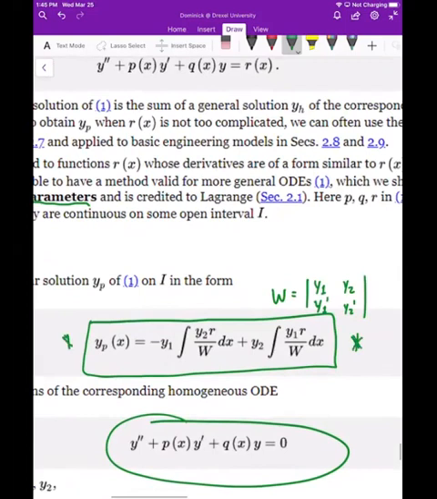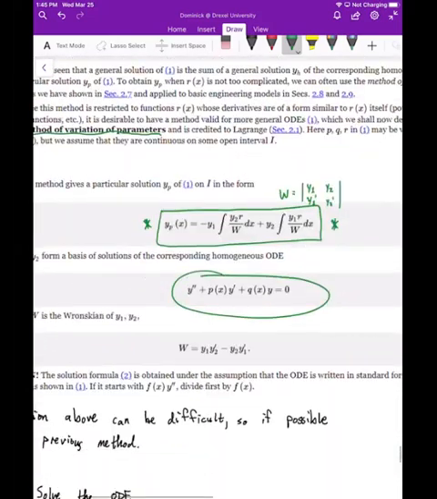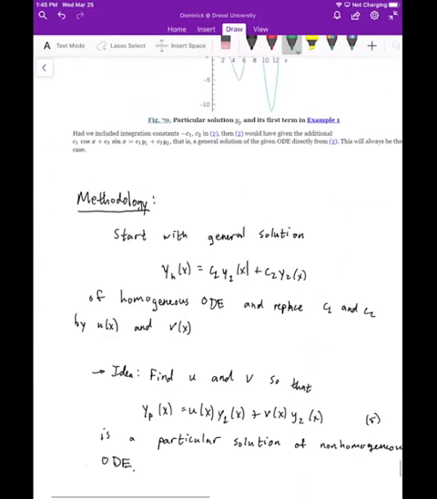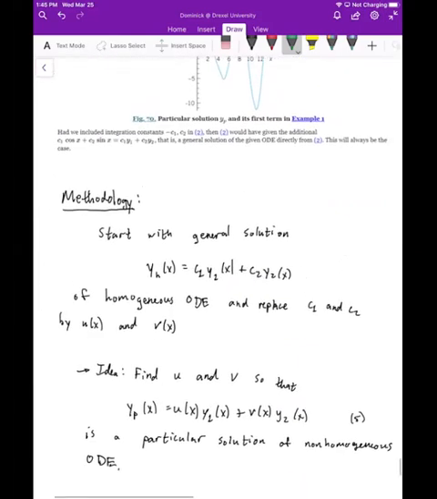this would be how you can answer a non-homogeneous second order linear ODE where that R of X is more general than stuff that we've already looked at. So this is sort of how this comes about, right? So you're going to start with a general solution of the homogeneous ODE. And we're going to assume now that